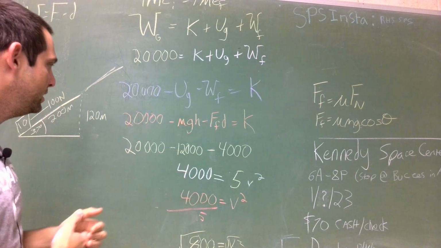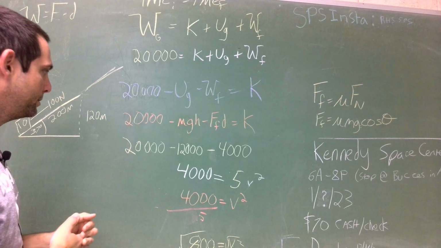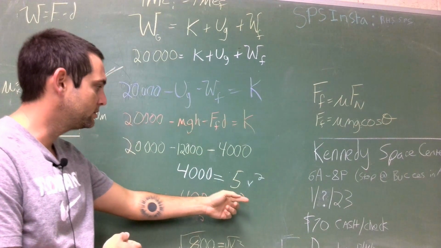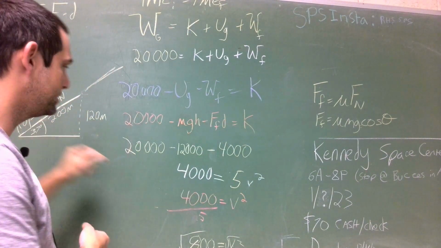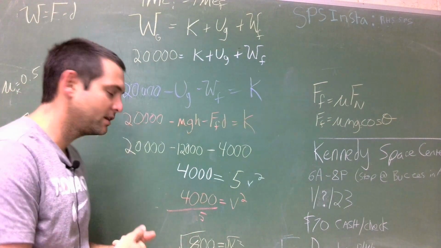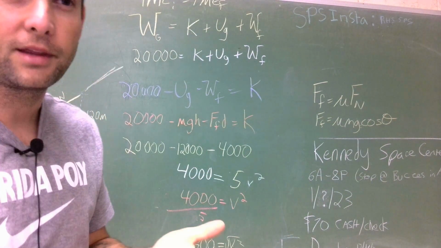Plugging in numbers, we get 4,000 equals 5v squared. Kinetic energy is 1/2 mv squared, and half of m is 5, times v squared. Divide by 5 on each side, take the square root of that, and we get something like 28, 30, something similar to